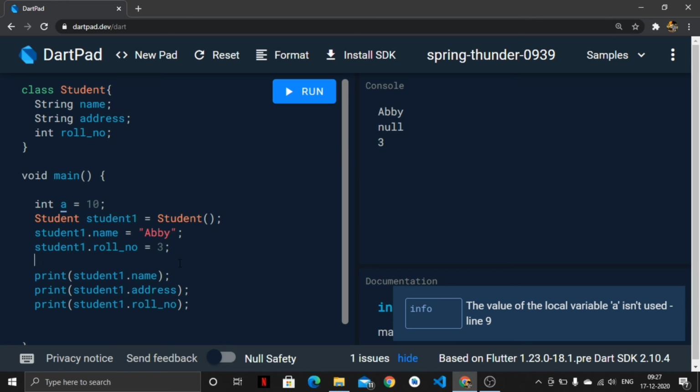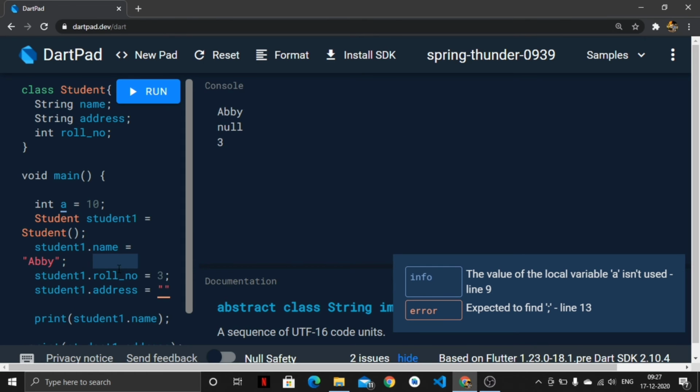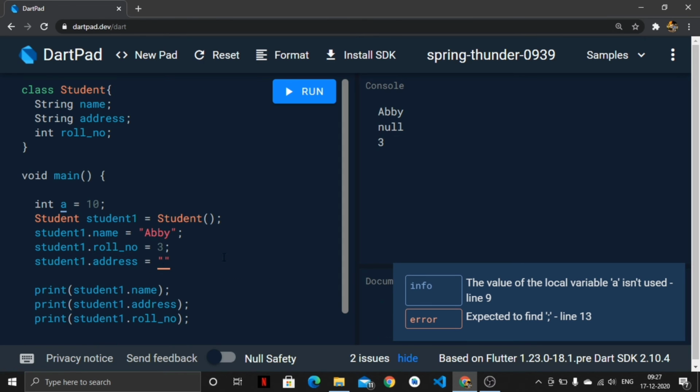But what if I specify address now? Student1.address is equal to, it is of type string, so we have to specify a string here. Let's say it's downtown, any random thing for right now.